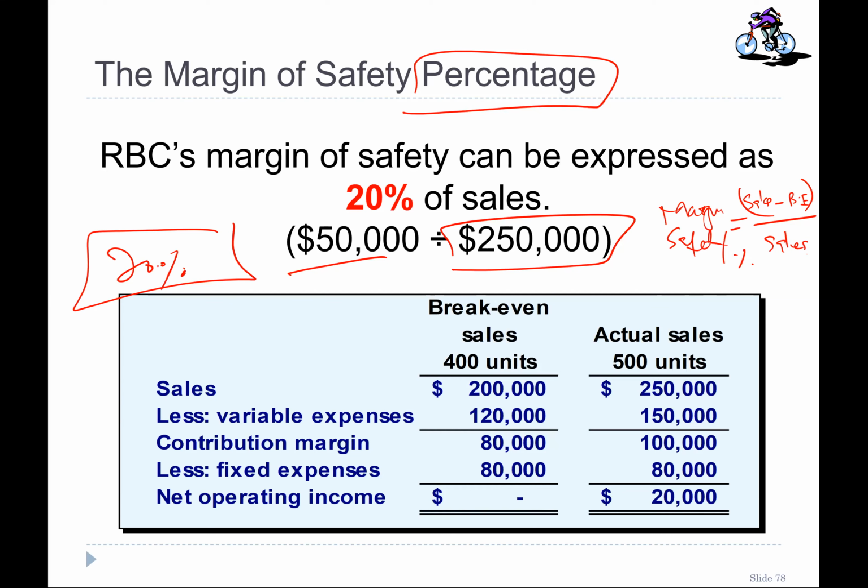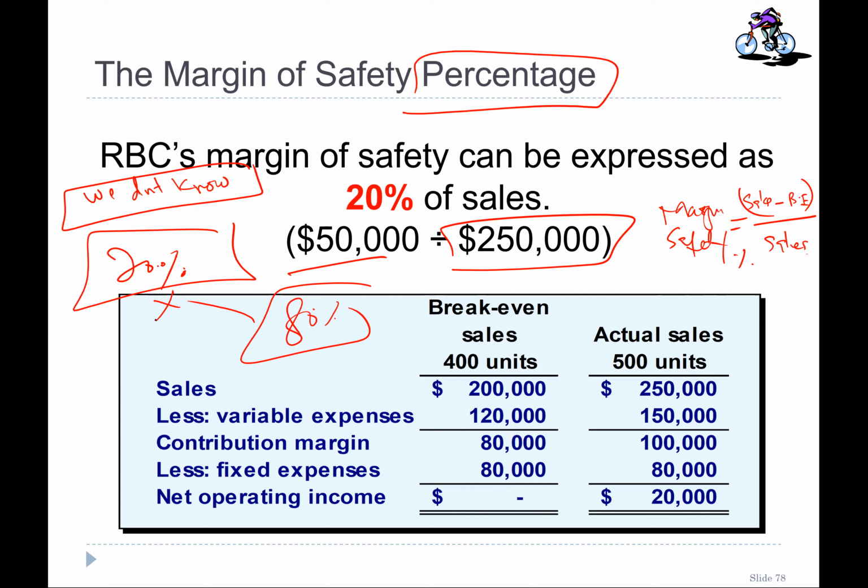Answer is we don't know, because the problem with a ratio is that a ratio is used for comparison. It won't tell you whether it is good or bad unless we compare. If the industry average is 80%, then you are doing bad. Plus margin of safety, the greater the margin of safety, the greater the company is